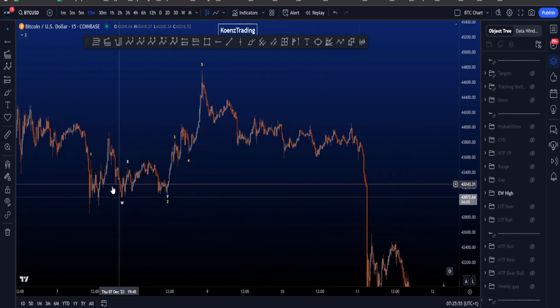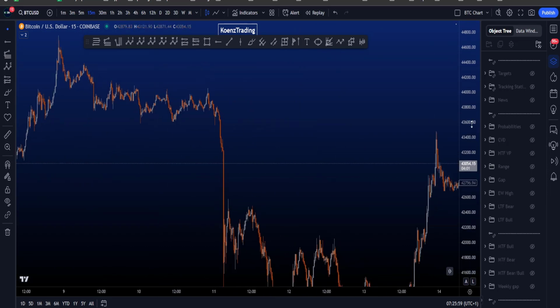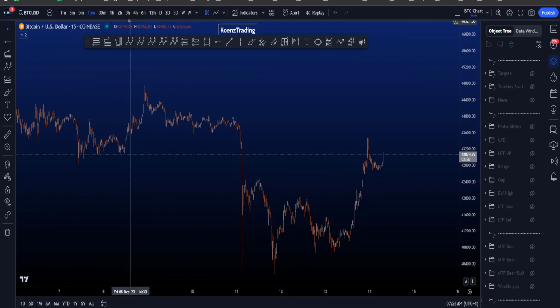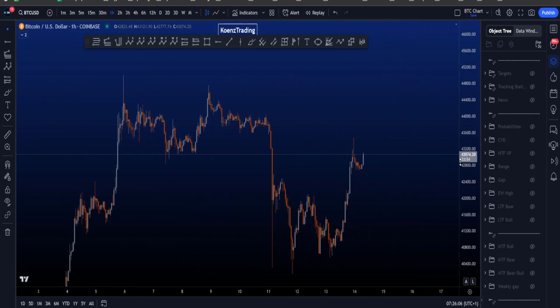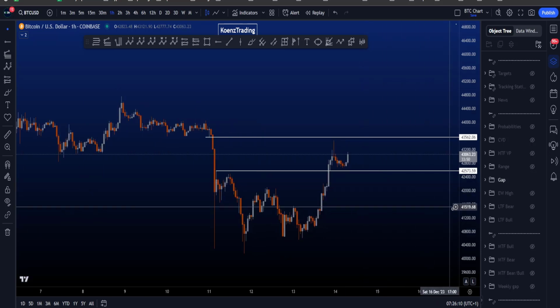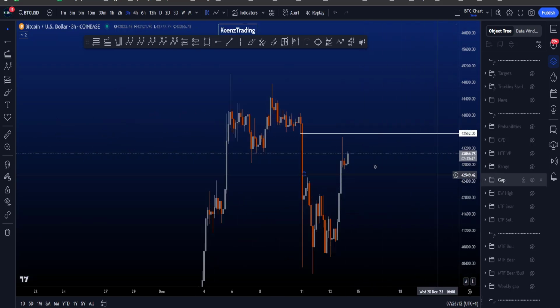case. So that increases the probabilities that this move to the upside here is a corrective structure, and then a 3-wave move to the upside here instead of an impulsive structure to the upside, which gives then probabilities to the more bullish scenario. Now, if we look at the gap on the 3-hour that I mentioned the past few days,